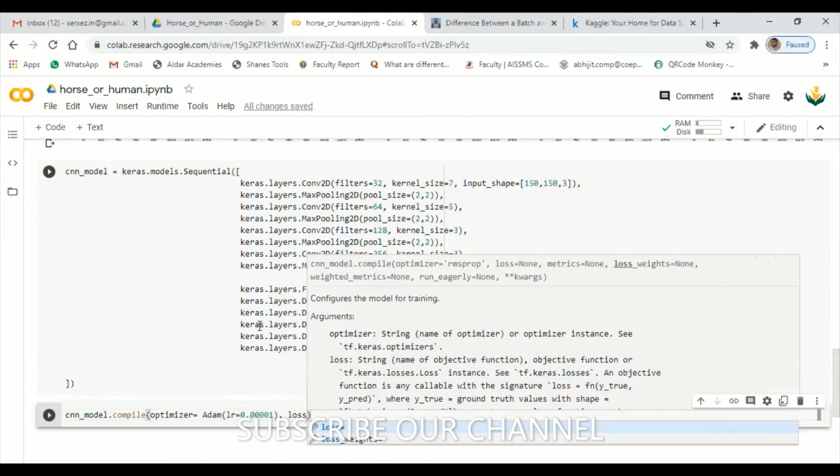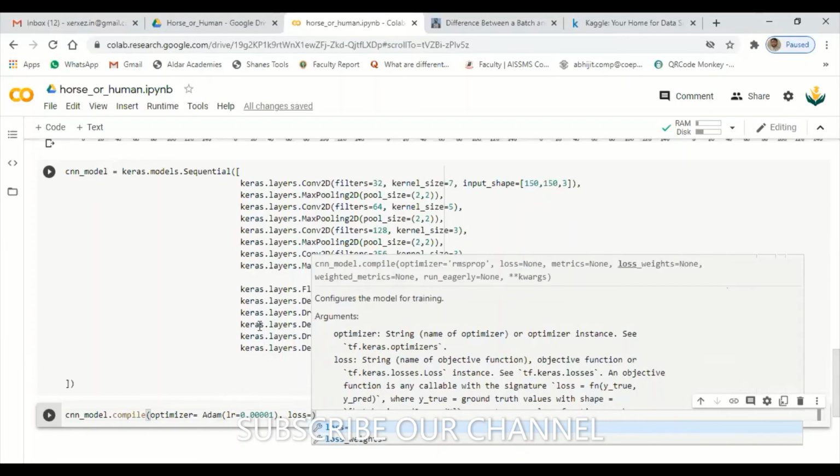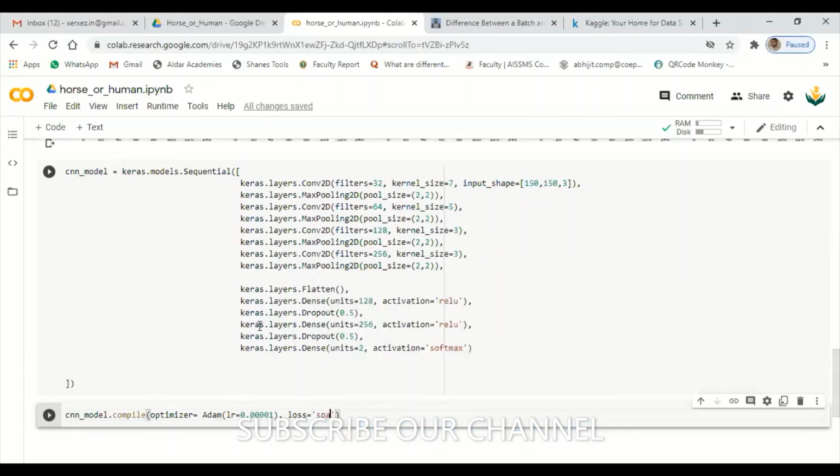Loss equals categorical cross entropy. Cross entropy is nothing but the amount of error which is present in the network.